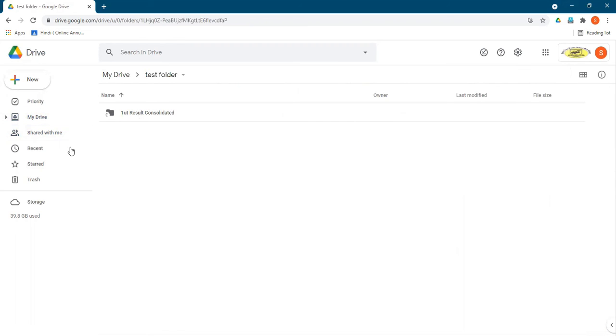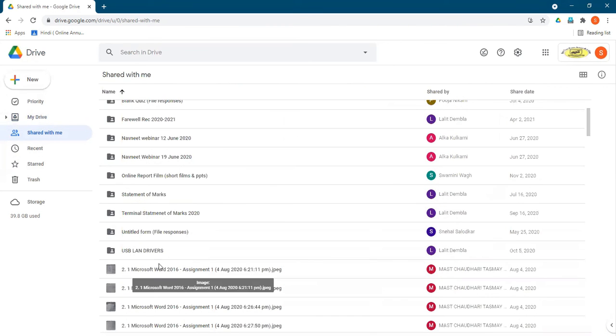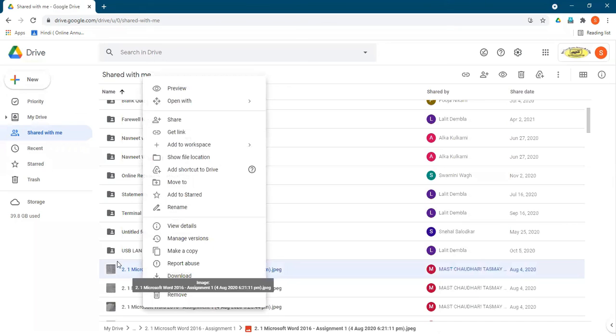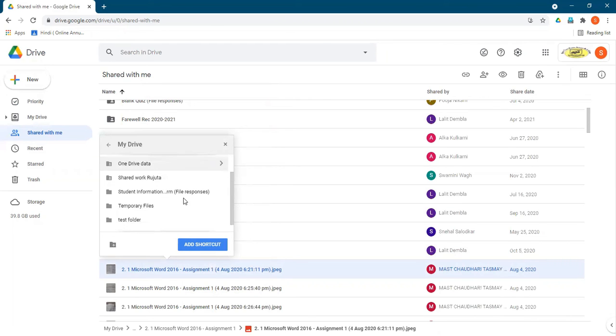Like that, whenever somebody shares with you, for example, if I share an Excel sheet with you, you can right click on that file. This is a file, these were all folders. Then again you go to Add shortcut to Drive, click on My Drive, next, then test folder, next.